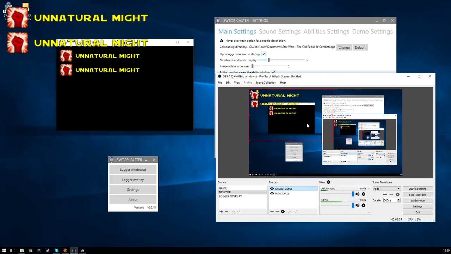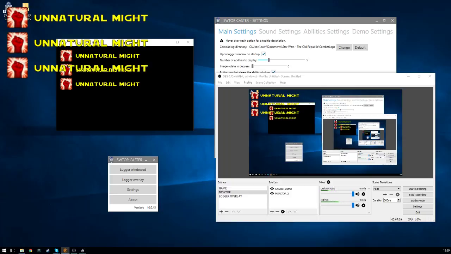You could apply the same technique to having the game as a game capture, and that would be transparent inside the game. Now if we do another buff up here, we can notice that works great. There is a problem, however, with picking dark colors, some reds, some oranges, with Star Wars, because as soon as you set that as a color key, you've essentially said to OBS that this color is now the same as the color of transparent. So an example would be, now if I use Frenzy,